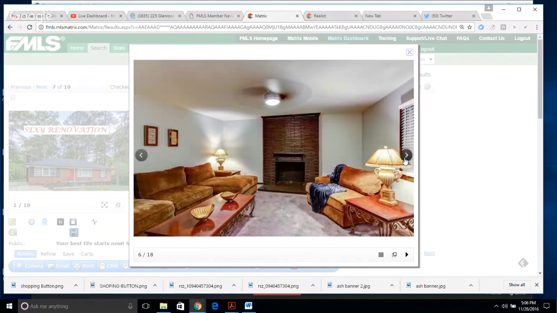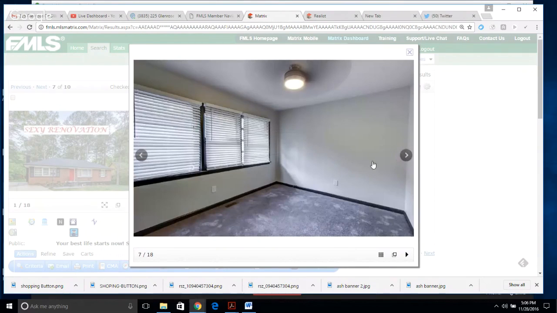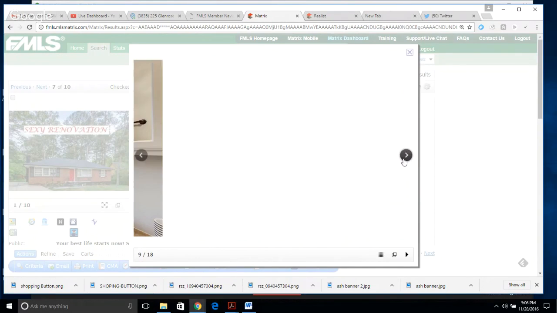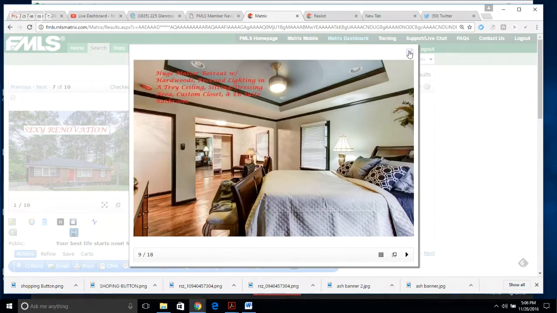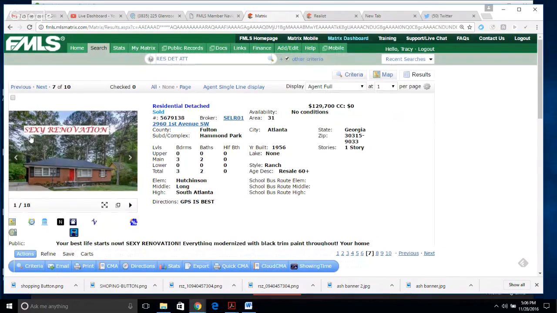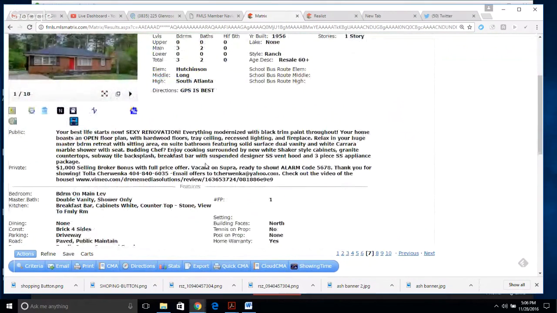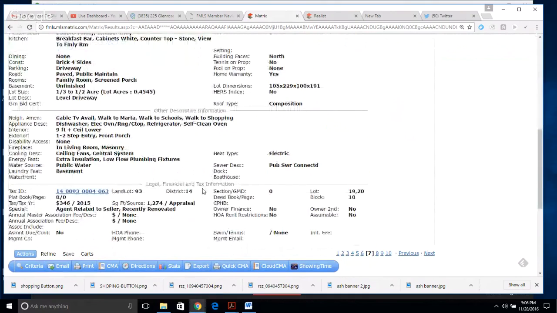They did a nice job with the fireplace there. Didn't really do too much, didn't have to do too much in the bedrooms. Bathrooms had some nice tiling, nice fixtures. Yeah, tray ceilings in the bedroom. I was wondering when they said sexy renovations. I wasn't sure. I was like, well, you're just saying that, but they definitely deserve that one. Okay, it sold for